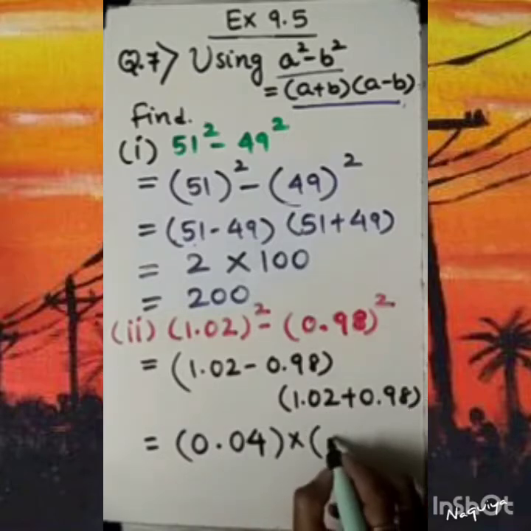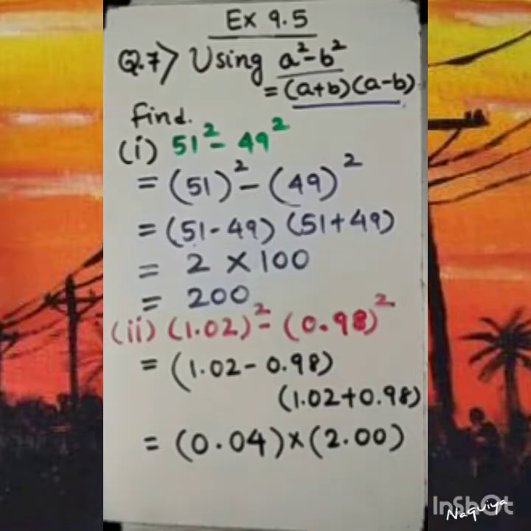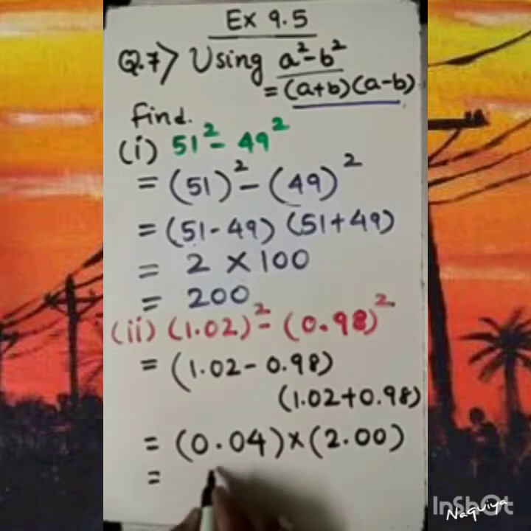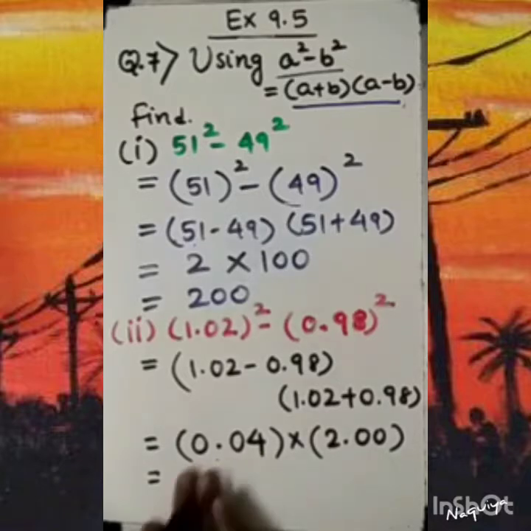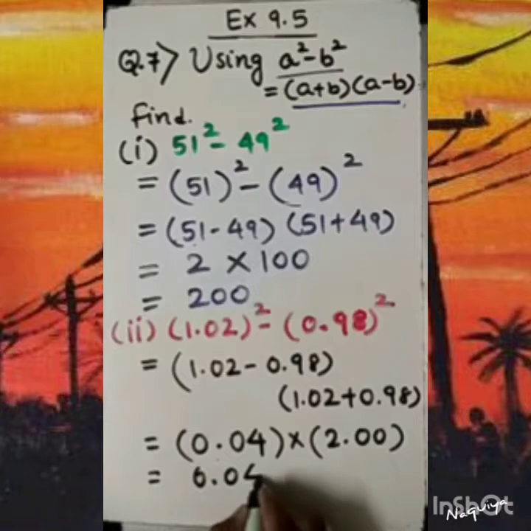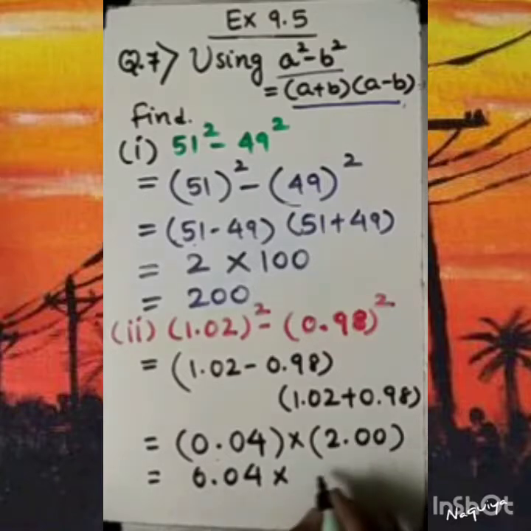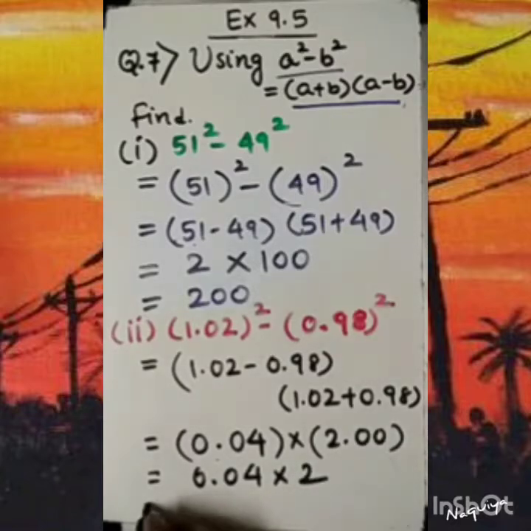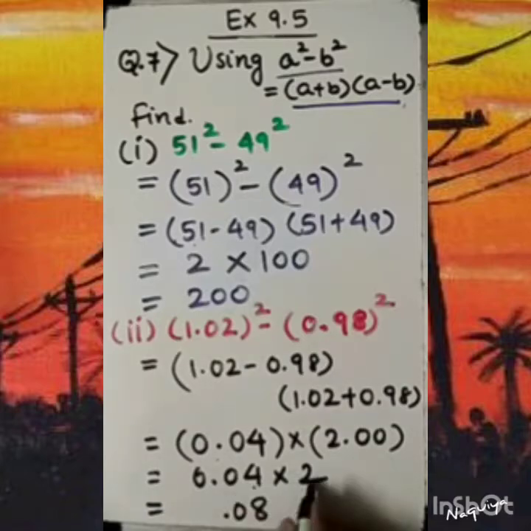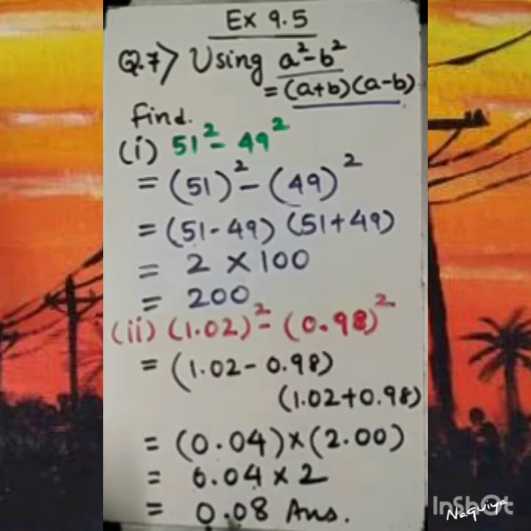1.02 plus 0.98, if you go with that, the answer will be 2. Because if we add all this, we will have this 2 here. We are not converting into fractions. Let it be in decimal, and 2.00 means only 2. So if I ask you to multiply this, 4 twos are 8, 0 into 2 is 0, and 0 into 2 is 0. So the answer of this question is 0.08.